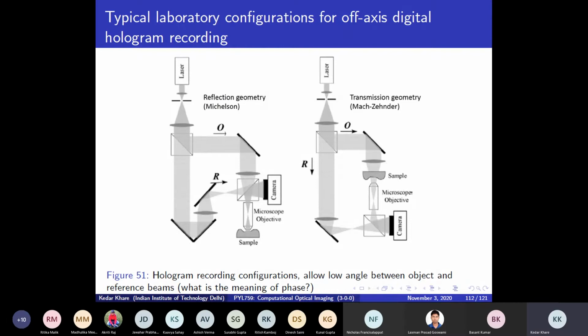Do you understand these diagrams? You have all seen some form of interferometer before, right? So I think these diagrams should be clear. Or is something not clear? Then you ask me. Is this clear, these diagrams? Yes, sir. Okay.